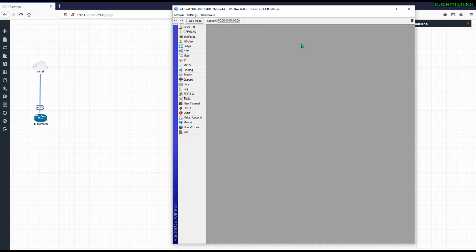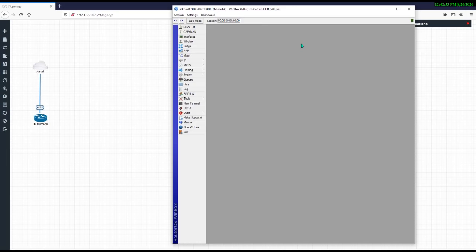The bridge is used if you want to create a DHCP server on any port. Suppose you want to make port number 3 a DHCP server, you will just go to the DHCP server and click configure the DHCP server, one different DHCP server on port number 3.